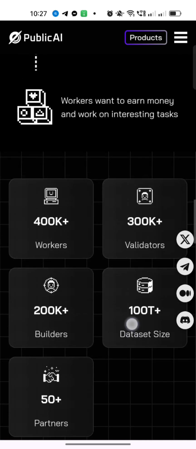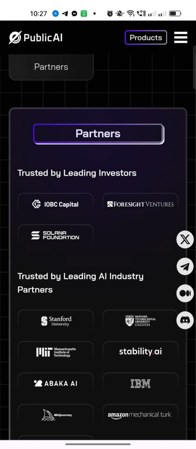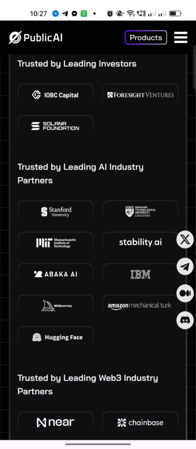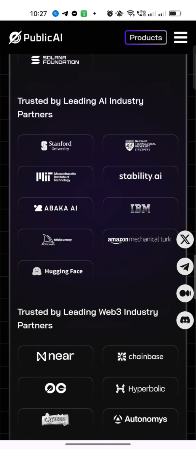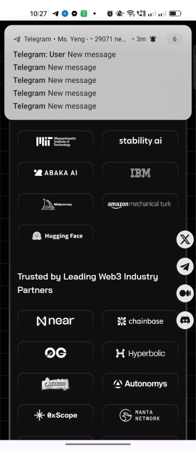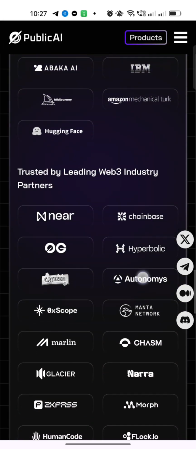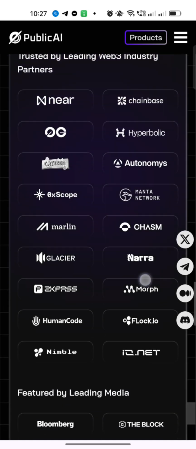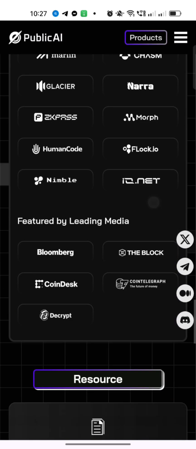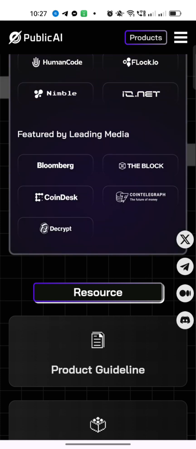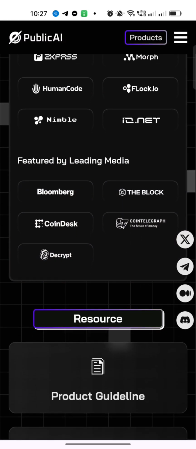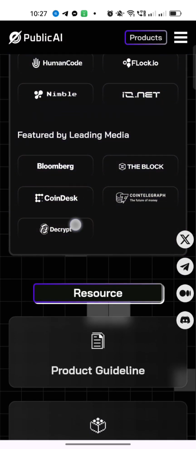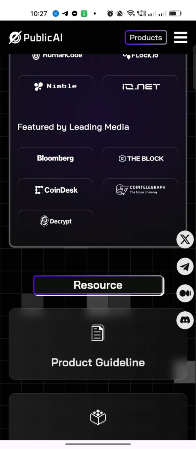This is trusted by leading investors in crypto such as Solana Foundation, Foresight Ventures, leading AI industry names like Stanford University, IBM, Amazon, and Web3 industry names like Near Protocol, Chainbase, and as you can see, there are so many more here. It is also featured by Bloomberg, The Block, Cointelegraph, and some of the well-known media.